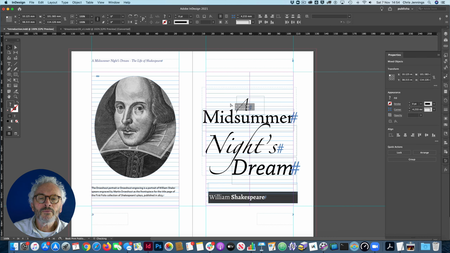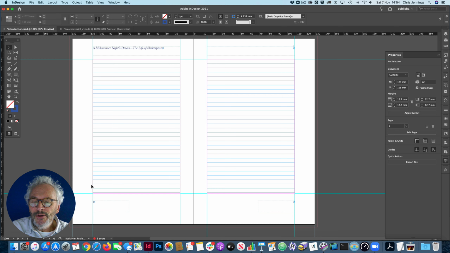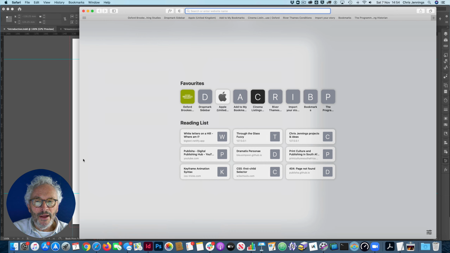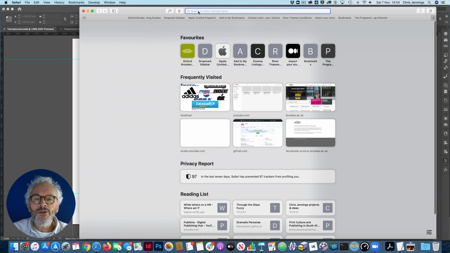Now the next page is our copyright page over here on the left hand side. Well, again, you can just simply write this in wherever you think it needs to be, but I do make a suggestion to you, and that is that you can use a website that actually has some examples of copyright text on imprint pages. And if we just use Google to search for it,